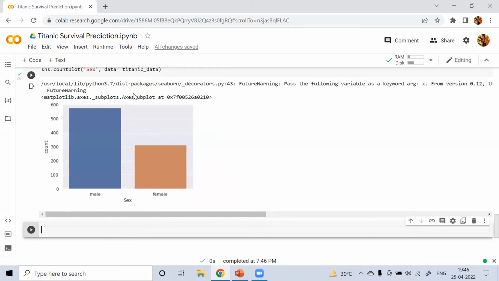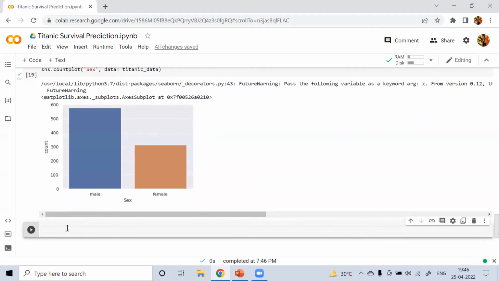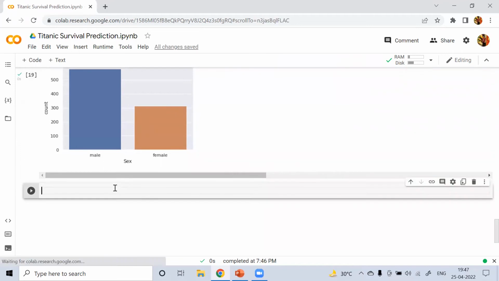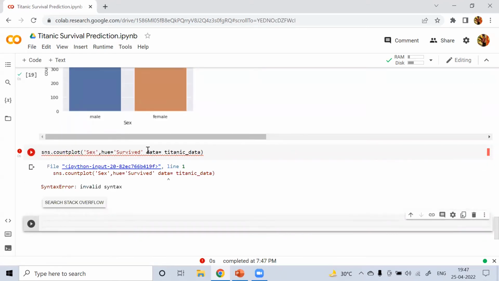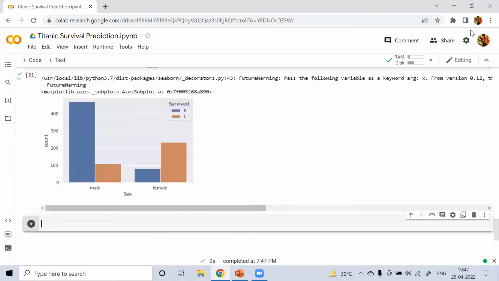Now we will check the number of survivors gender wise. We'll take the same code, we just have to make a minor modification. Here we have to add another parameter, hue.